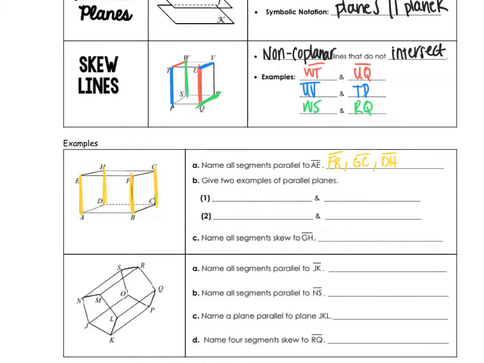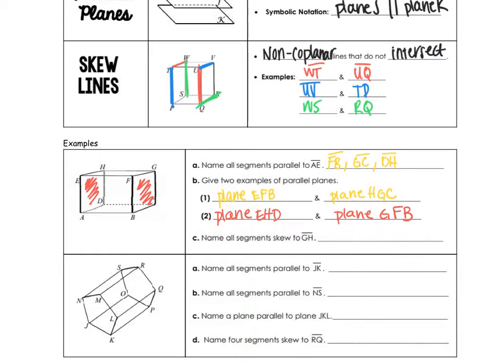So here we want to give two examples of parallel planes. So if we look here, we have a plane out front here. So its parallel plane is in the back. So we would name it with 3 points. So plane EFB is parallel to plane HGC. Now, since this is in a box, there are other parallel planes. So our other parallel planes would be the ones on the side. So we could say plane EHD and plane